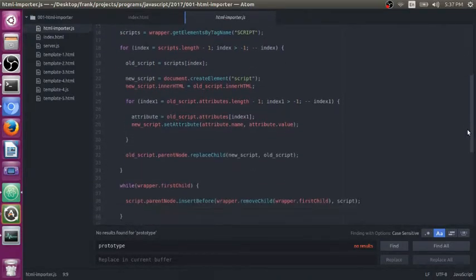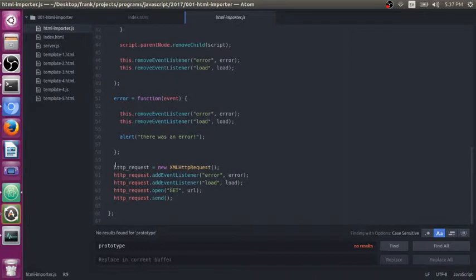So I'm going to go down here. All we do is create an HTTP request. We add event listeners for error handling and loading, and you can probably replace these with, what is it called? I can't remember right now what it's called, but there's another way to do this. onreadystatechange is what it's called. So you could use onreadystatechange, but I made this real quick and I just used error and load